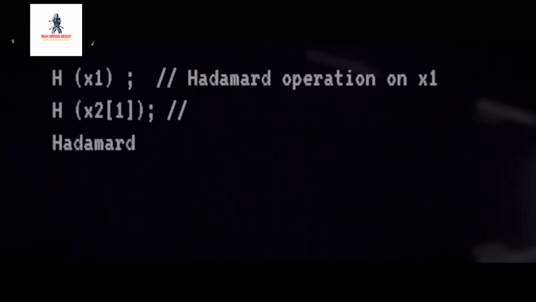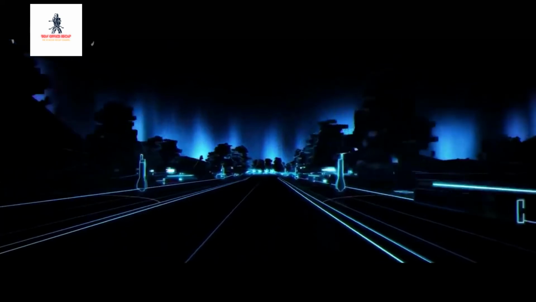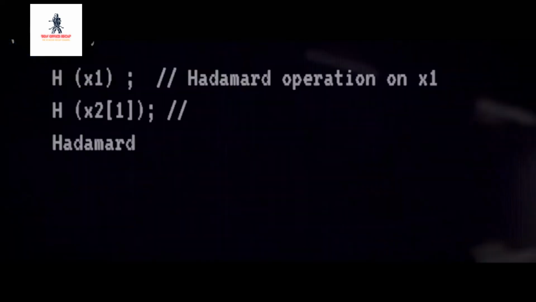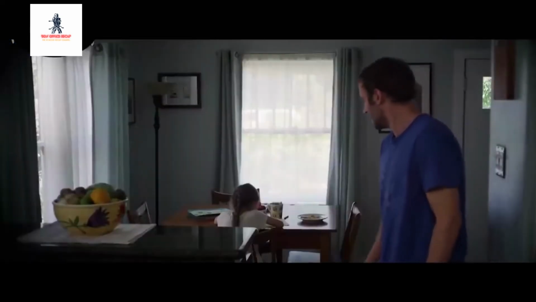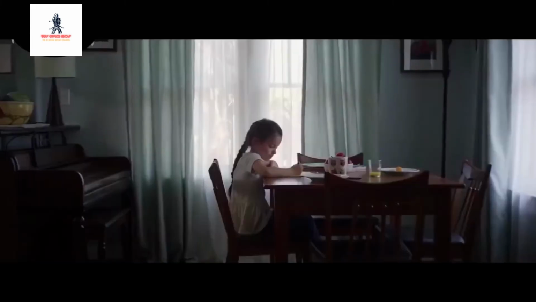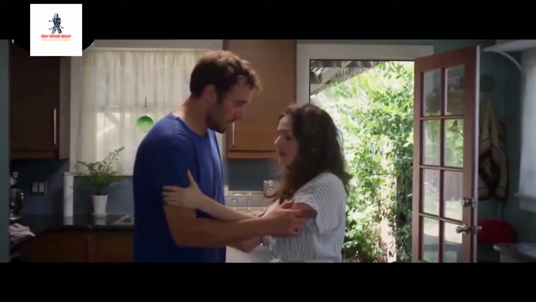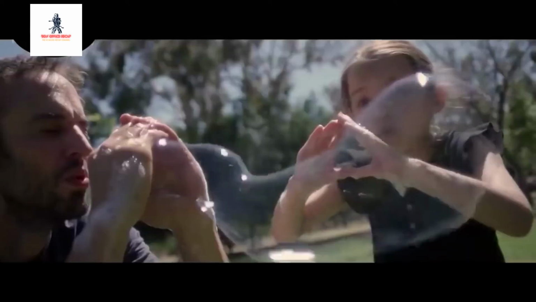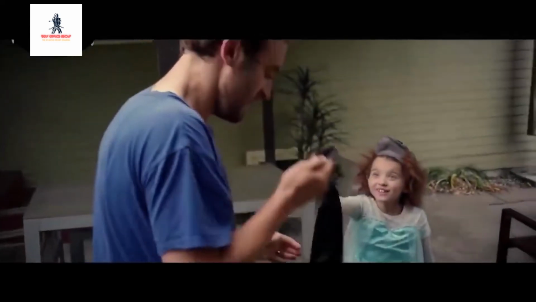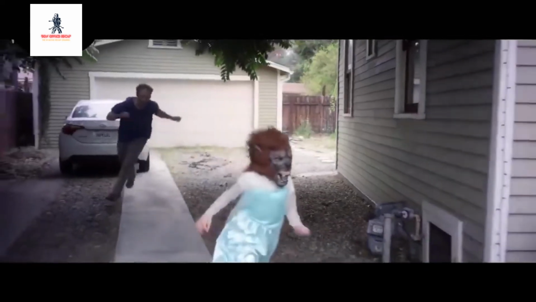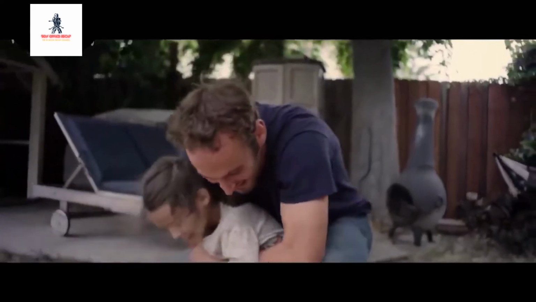Brendan then decides to look for books on quantum computer programming and start coding scripts based on them. He also combines some of his game programming code with quantum code so that he manages to create a new script. The next day, Brendan is surprised by the presence of Sam, who is already at their house. At first, he thinks that it is just his imagination, but in the end, he believes that he is the one who brings Sam back from the parallel world. Without wasting time, Brendan then takes advantage of it by having fun with his daughter. Brendan is happy because he manages to shift the story of Sam's death with another parallel version.